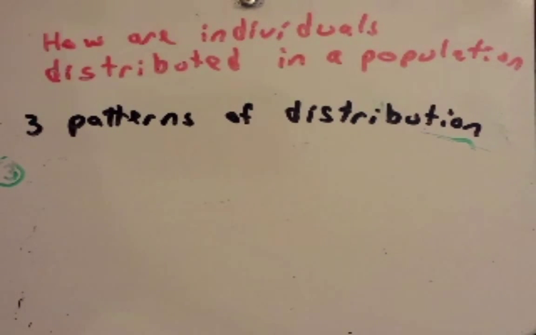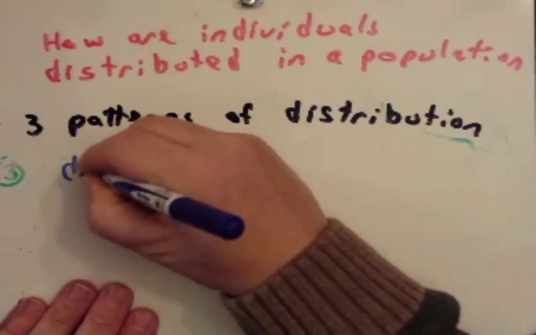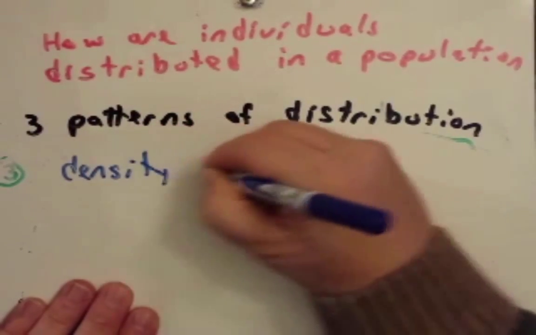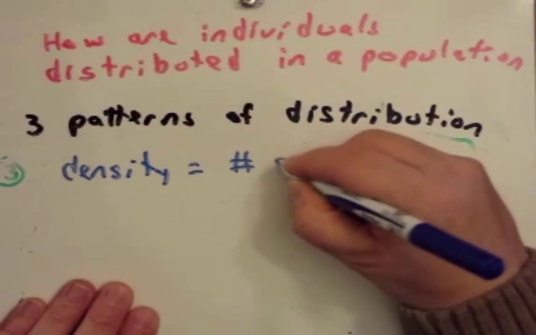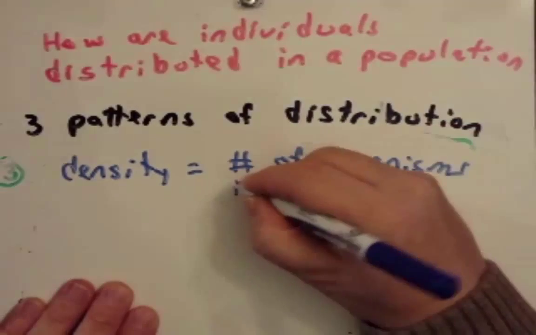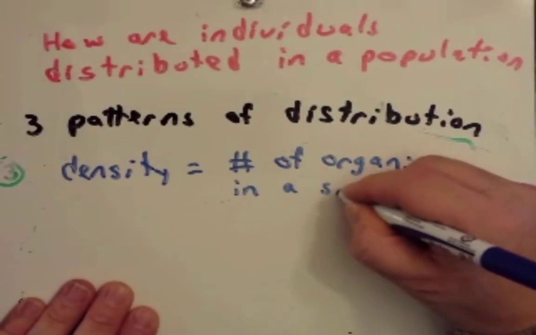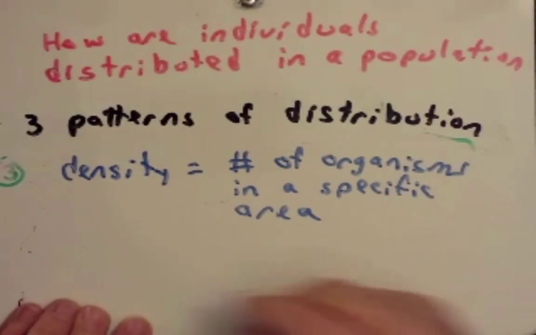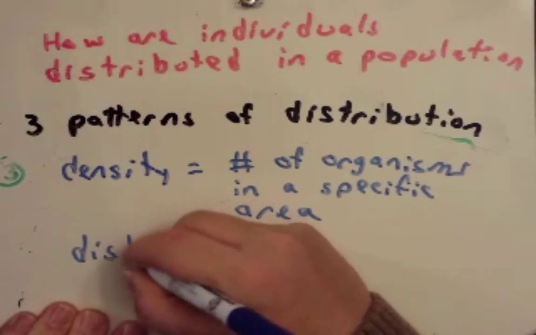Now, as I was looking at your note-taking guide just now, I realized I didn't answer a question that I should have maybe answered before we got into this. And that is, what's the difference between density and dispersion? Well, density is as we defined before, the number of organisms in a specific area. Whereas dispersion,